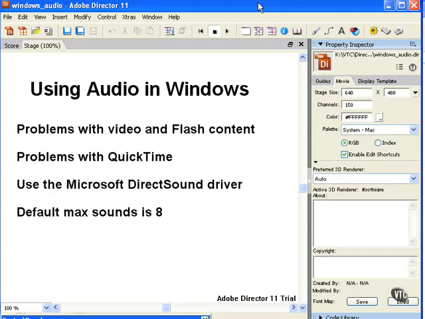When authoring your sound components in the Windows version of Director 11, you'll run into some issues and problems that you will not encounter on the Macintosh platform. In general, it's a little bit easier to author your audio components of your Director 11 movies on the Mac than in Windows. So let me go over some of these workarounds and other issues that you'll encounter when using